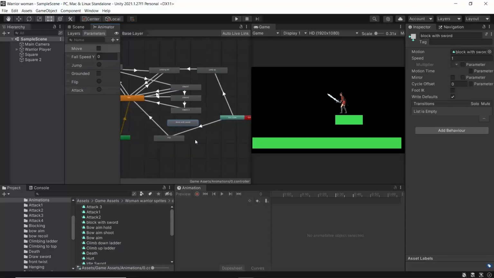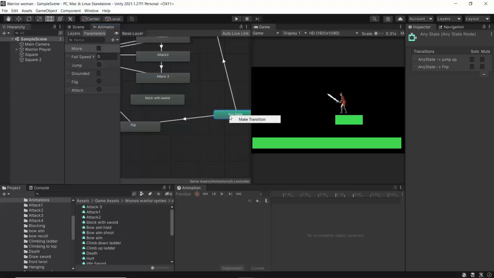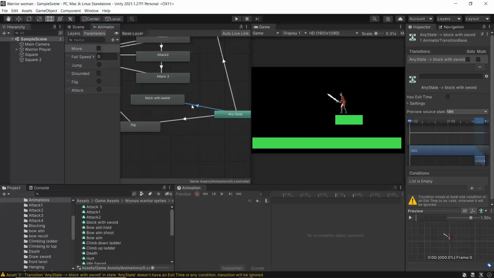So here, from any state, we want to make a transition to block, because in whatever situation we are, we want to block the enemy. So if the enemy tries to attack us,